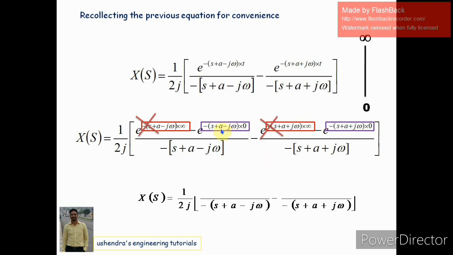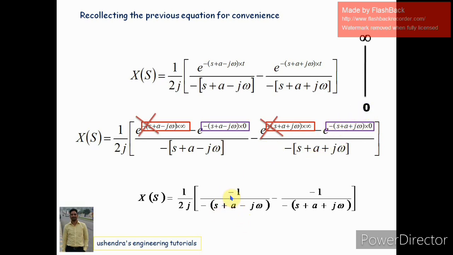In the numerator of the first term, this term is cancelled because it's e raised to minus infinity, so we don't have that anymore. Minus e raised to minus 0 will be 1, so totally minus 1. Even from the second term, the upper limit term gets cancelled, and we are left with minus 1, like this. This is what we have after substituting the upper and lower limits and cancellation.